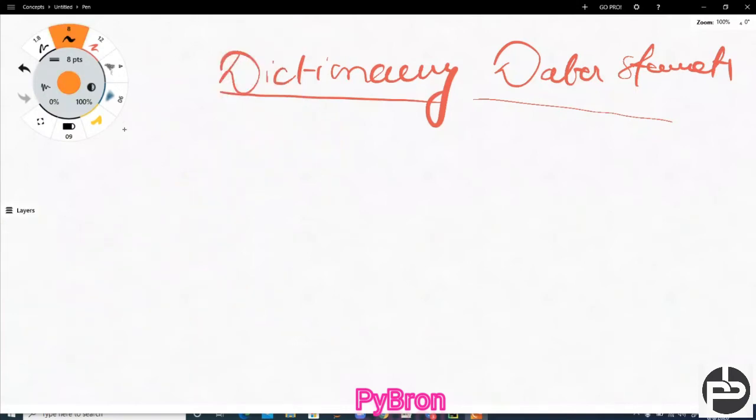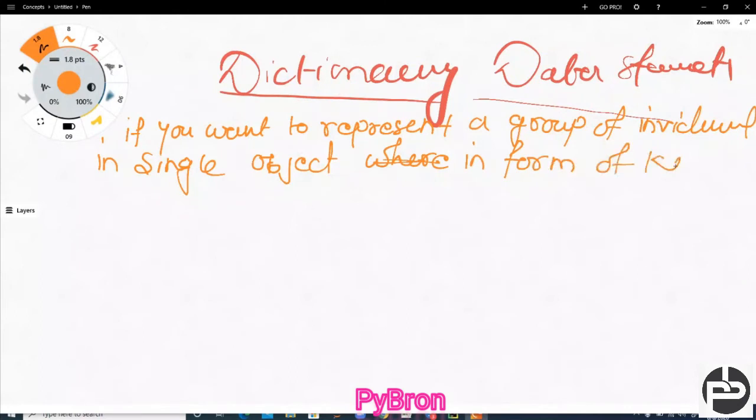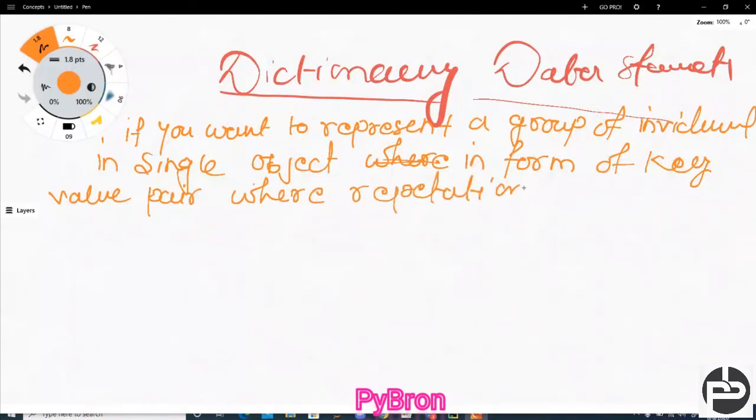So what is a dictionary? If you want to represent a group of individual objects, single objects, in the form of key value pairs, where repetition is allowed.